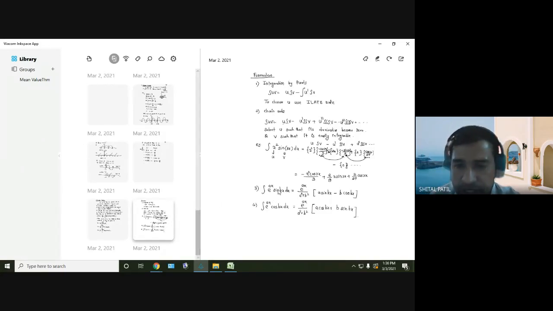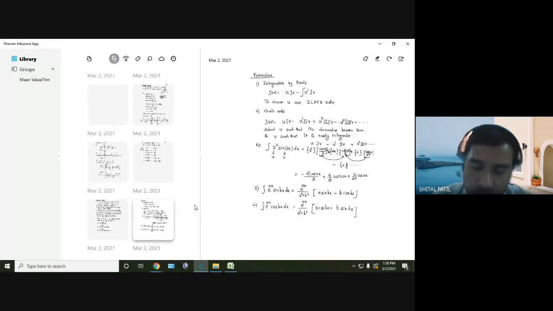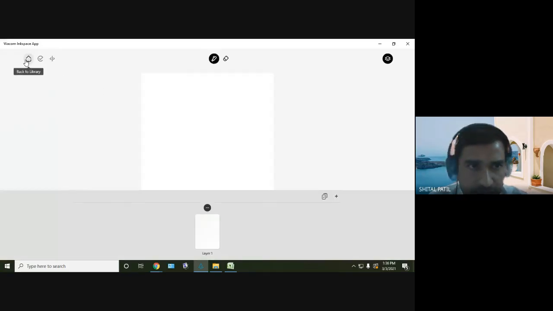Then we studied these two formulas, and I think after that we stopped. So a few more formulas are required. We'll start with a few more formulas of trigonometry, and then start with a new concept. So let me continue. Let me start a new page.